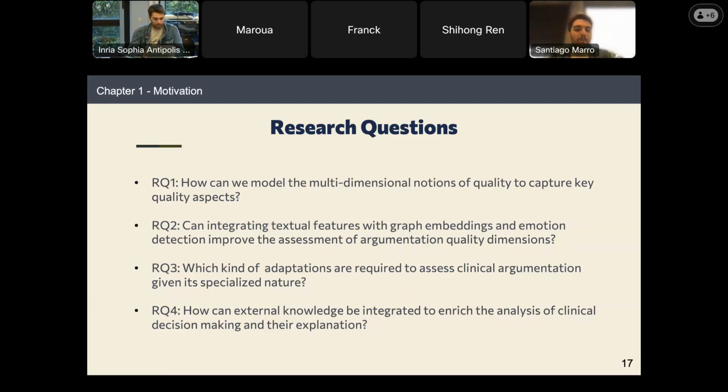As I said, we also delve into the medical domain. So we would like to see what kind of adaptations are required to be able to assess clinical argumentation. Clinical or medical text is not structurally the same, and is not addressed to the same audience. So we may need different kinds of adaptations to be able to assess the quality of this domain. And finally, how can we integrate external knowledge to enrich this analysis in clinical decision making and in assessing the explanations.